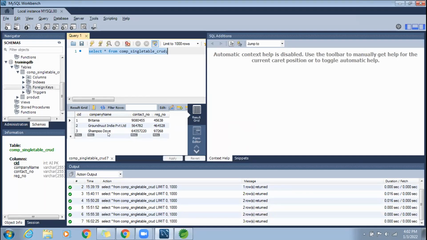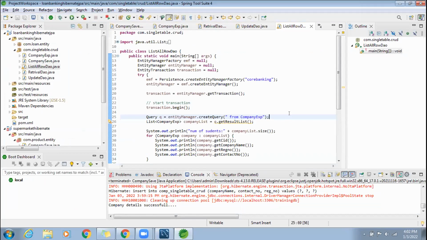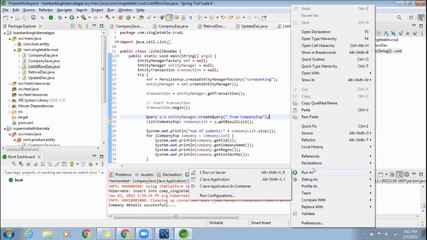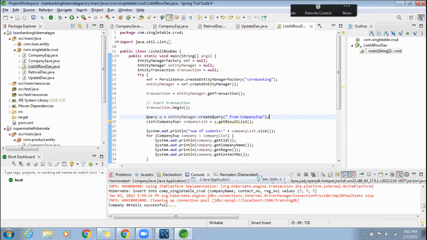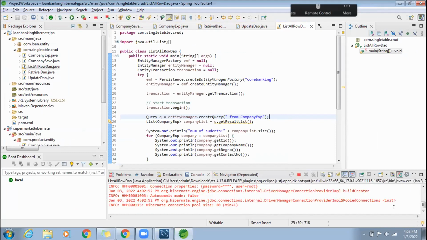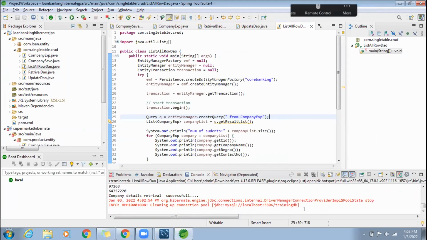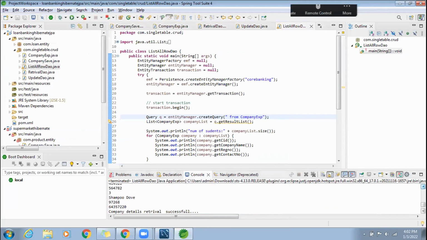So go to your code and run and see whether you are getting 3 rows. Run and see. There is also a for loop. Yes, you got all the 3 rows, right? Yes, sir. Britannia, Groundnut, and shampoo. She got all the 3 rows. Can you all run and see? Is this the third logic or fourth logic? Fourth logic. Yeah, another logic is delete.